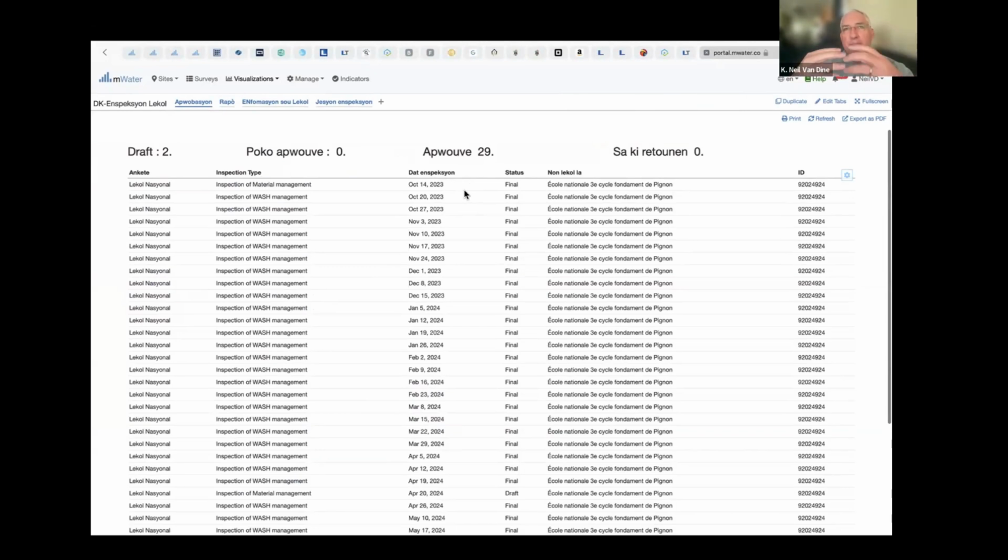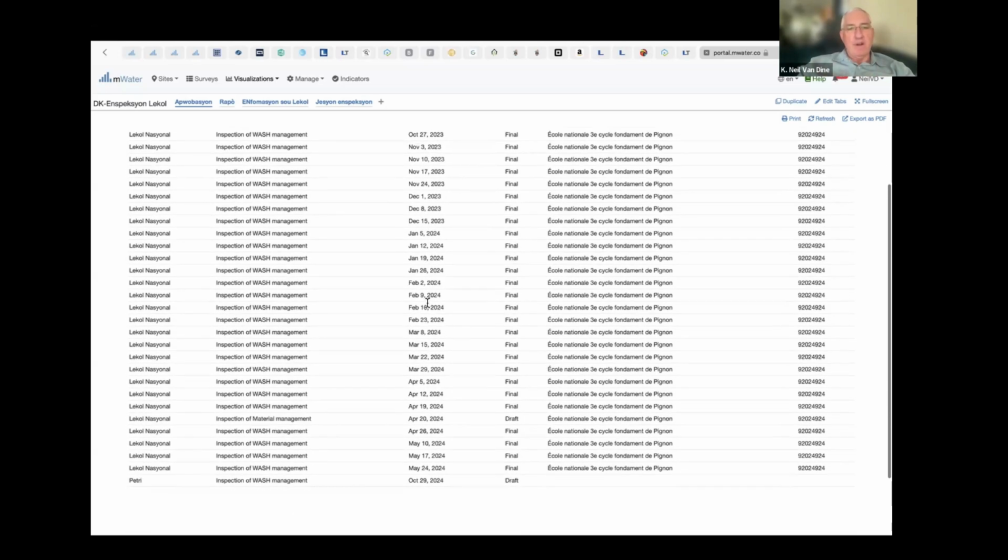That committee created a budget to ensure that there was toilet paper and tampons available for the girls, and soap and water to wash hands. And so we said, well, that's great, we want to track that. They collected money from the parents to buy all these materials. And then this is a list of all their reports.